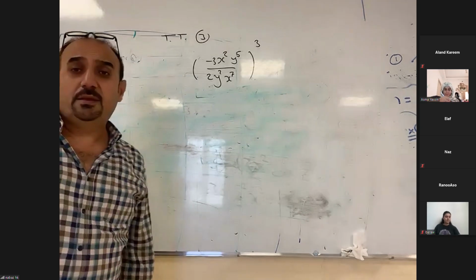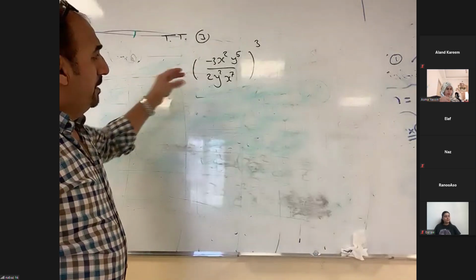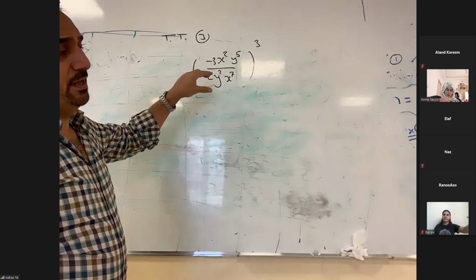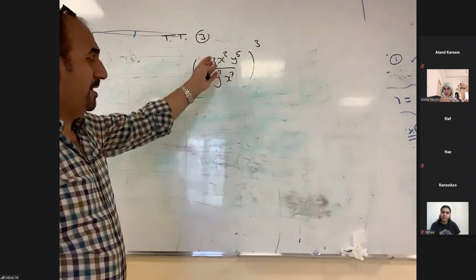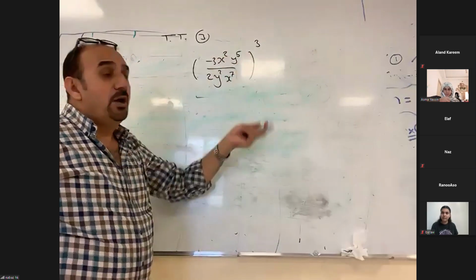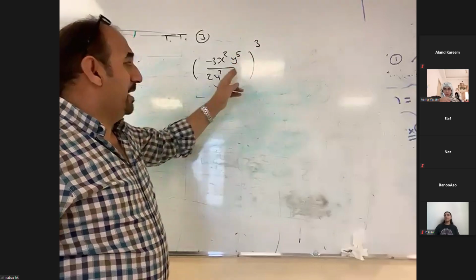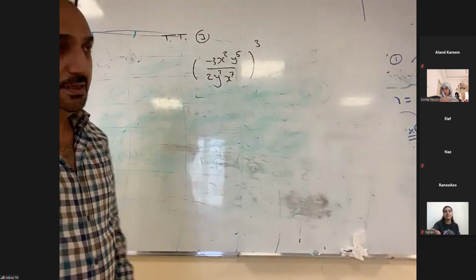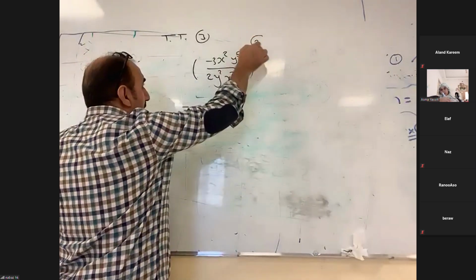Listen to me. You can only go inside the bracket and cancel or simplify inside the bracket, and after that you can do the power. Or the first time you do the powers and after that you can cancel. It's not different. So if we multiply 3